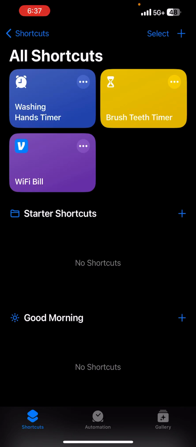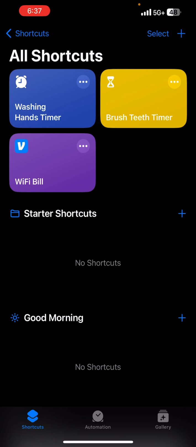In this lesson, I'm going to teach you how to create and automate a shortcut. Although the overall process will be the same, when you create your custom shortcut, the actions that you choose will be custom to you. The first routine that I'm going to focus on is one that I do every day